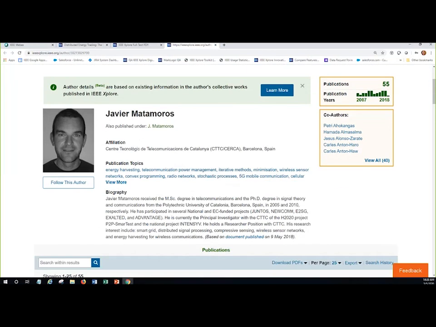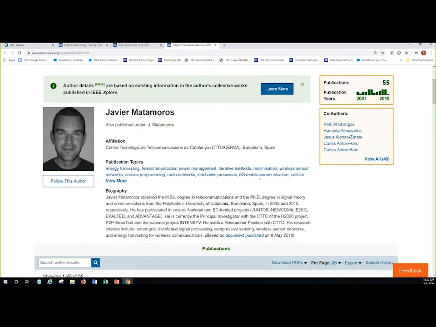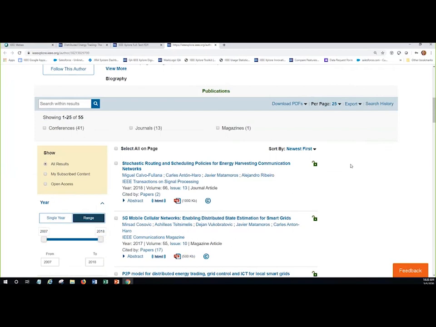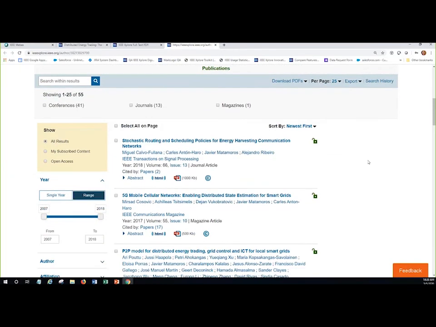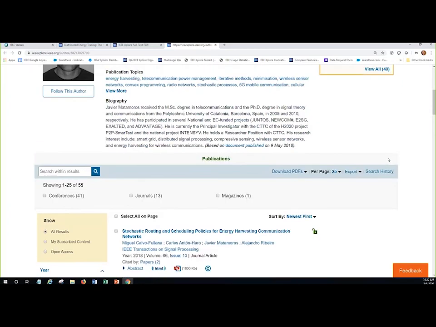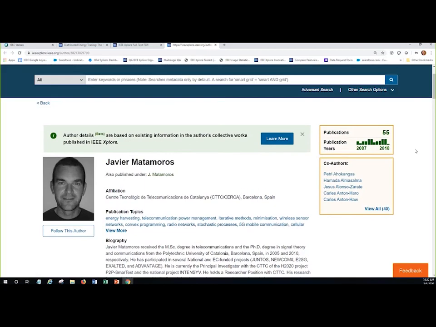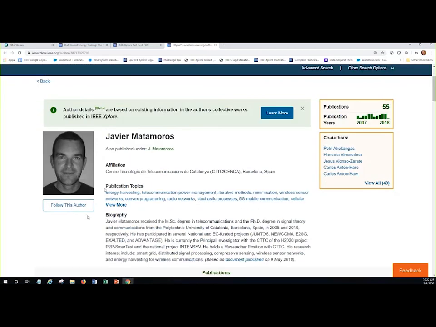You can see the various names that they published under, their affiliation, their top publication topics, and then a complete list of articles published by that particular author. And if you find a really great article, I always encourage you to check what else that author has published, because many times they publish on the same area of research. So if they've published one article useful to you, they probably published some other research that you might want to take advantage of. We also have added a feature called Follow This Author, so you can set up an alert to follow any author and be notified when they publish new content in Xplore.